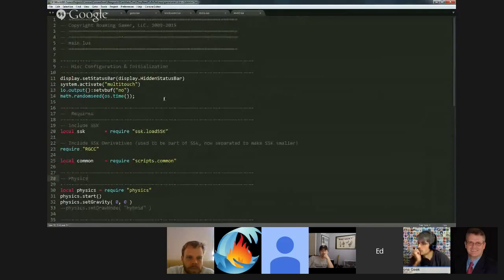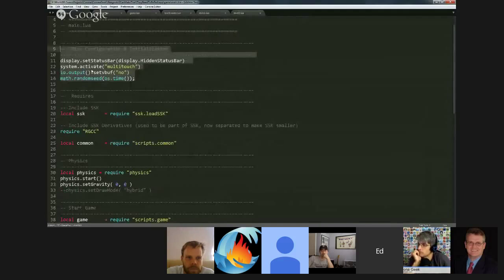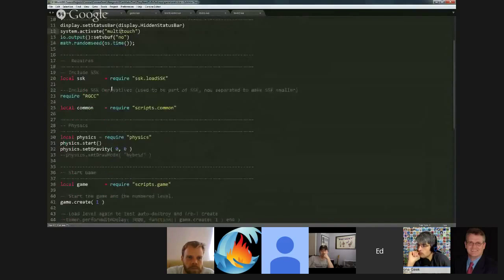We have main Lua. So it's got some stuff at the top for getting rid of the status bar, turning on multi-touch when we're actually on a device. We load up SSK to get all the goodness. Load up the roaming gamer calculator, collision calculator, which we're going to use later. We load the common